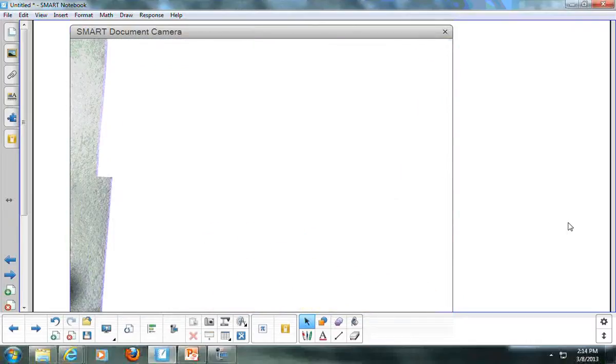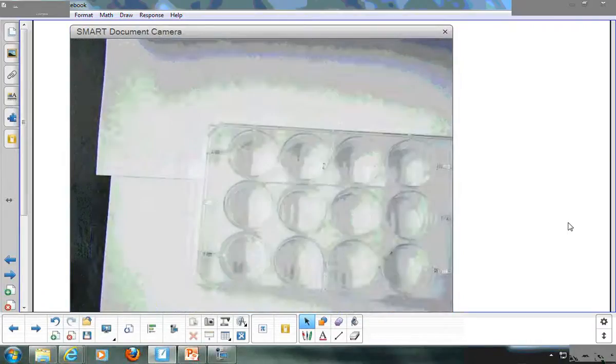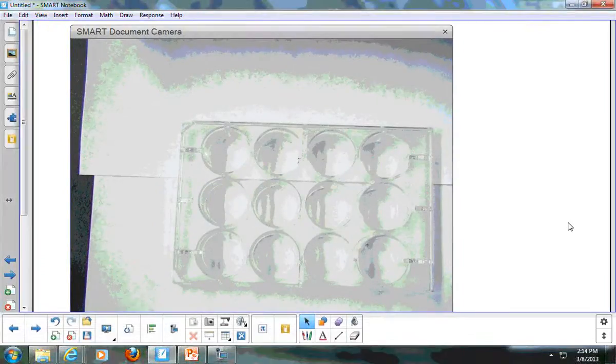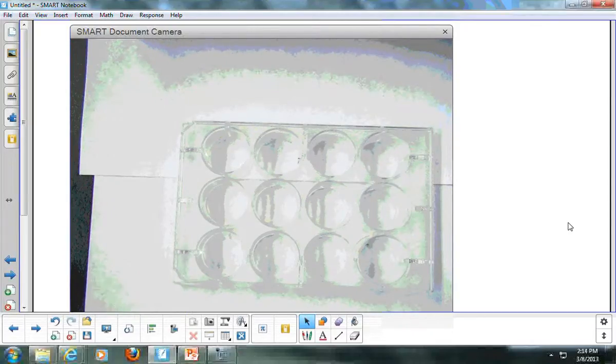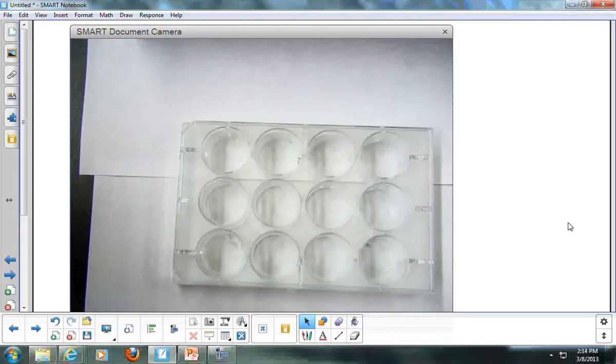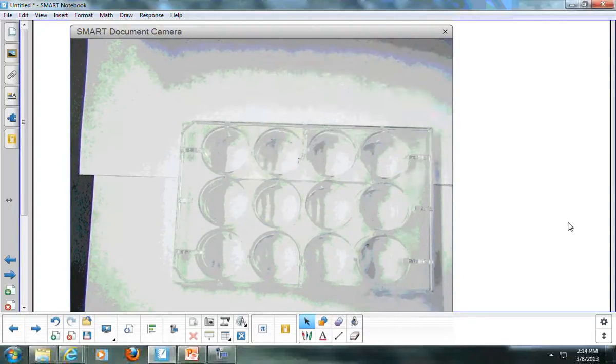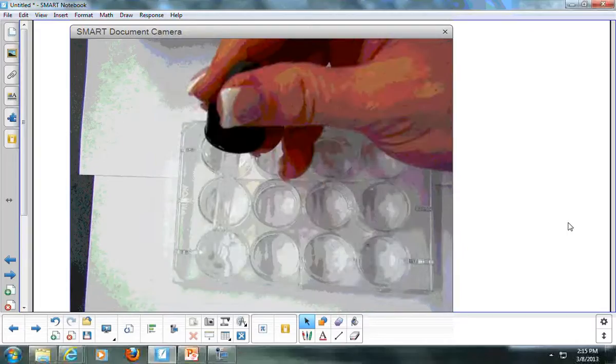Okay, the next one that we do, and I'm going to put another white piece of paper under here or two so you can see it, is in a well plate. So we're going to grab a well plate. On that well plate, we're going to get some magnesium ribbon, and you'll get one strip, and you can cut it up however you want. I'm not going to be real exact about this because I'm just showing you the reaction. You and your partner need to decide how you're going to do this. You're going to put some hydrochloric acid in a well,